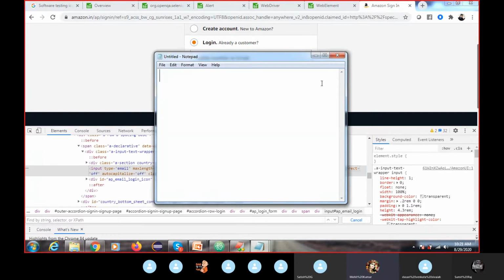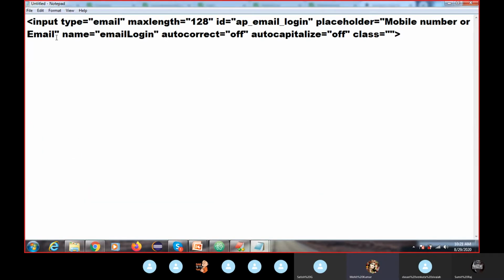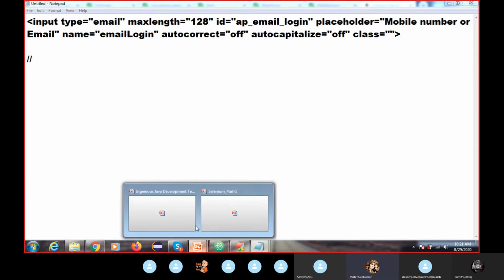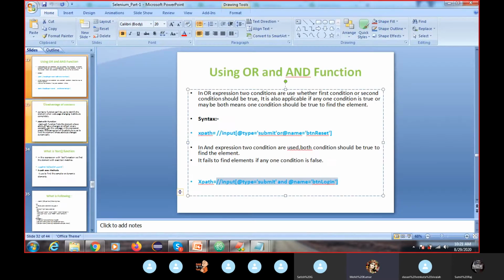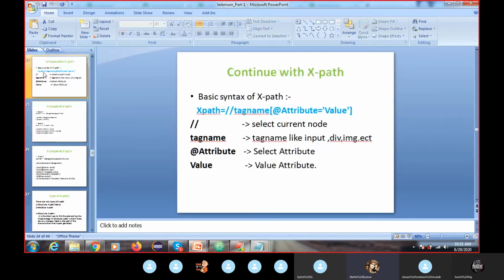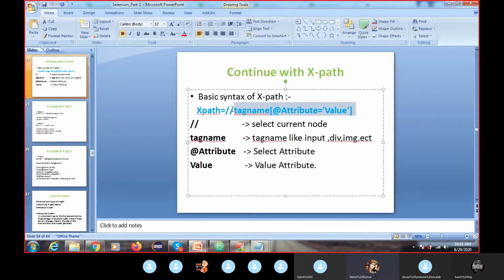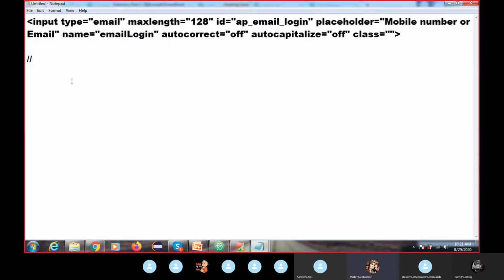into Notepad. This is called your tag name, so first we will write the tag name. Some of the people are new, so this is your tag name, and this is the syntax of writing the XPath.